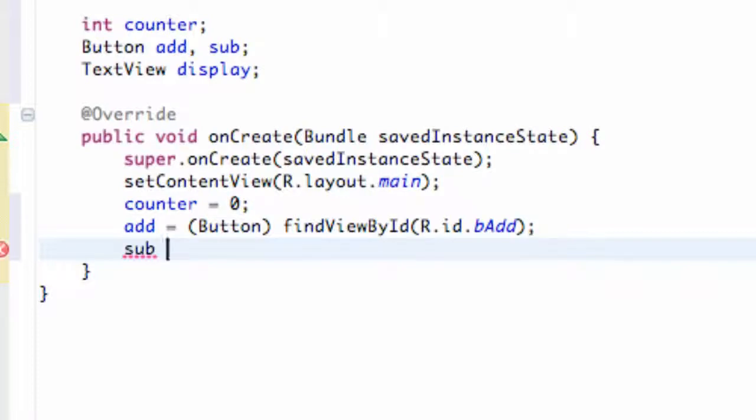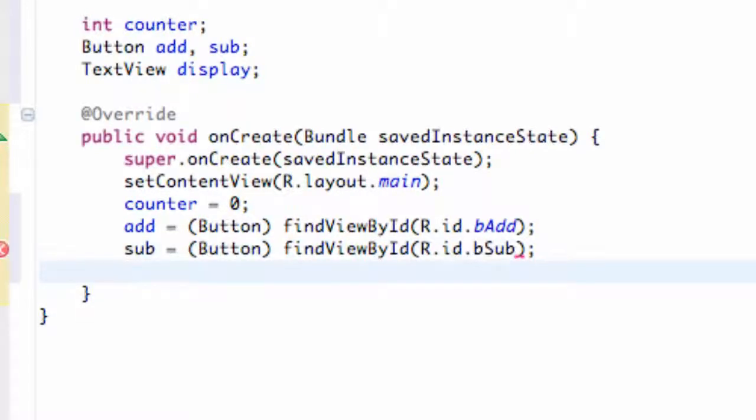We're also going to do sub equals pretty much the same thing, just for repetition's sake, with findViewById, and we're going to use a different ID because we need to reference the ID of the sub button. So that's going to be button sub, and then just a semicolon. And we also need to set up our TextView. So we're going to say display, which is again a TextView type variable. We're going to set that equal to, within parentheses, TextView,